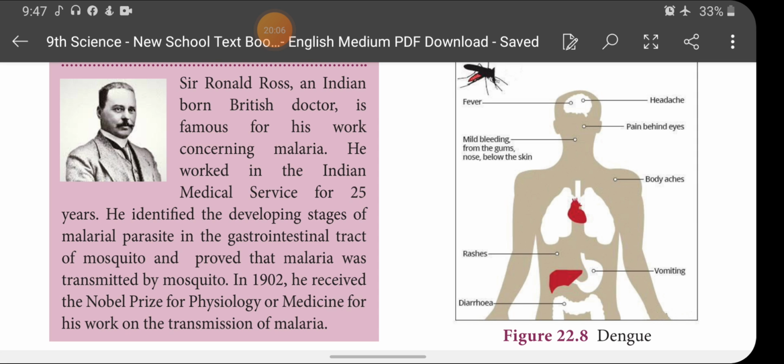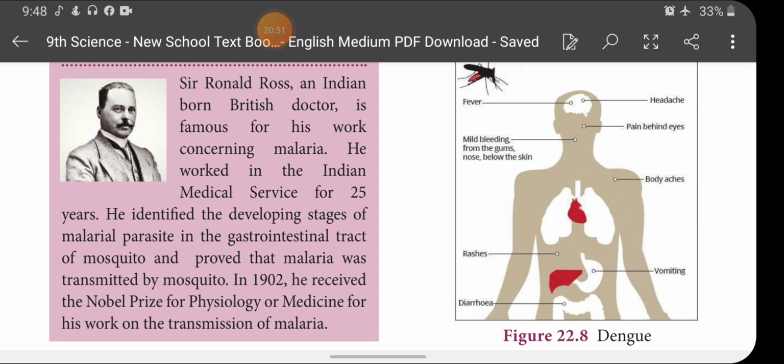Actually, when we see the life cycle of the malarial parasite, it shows different stages in humans as well as in the mosquito, because it needs 2 hosts to complete its life cycle. So the major sexual stages take place in the mosquito's body. Inside the mosquito's body, the mouth, esophagus, stomach and intestinal region, not the salivary glands, are considered the gastrointestinal tract. Inside it, what are the changes that the malarial parasite shows?